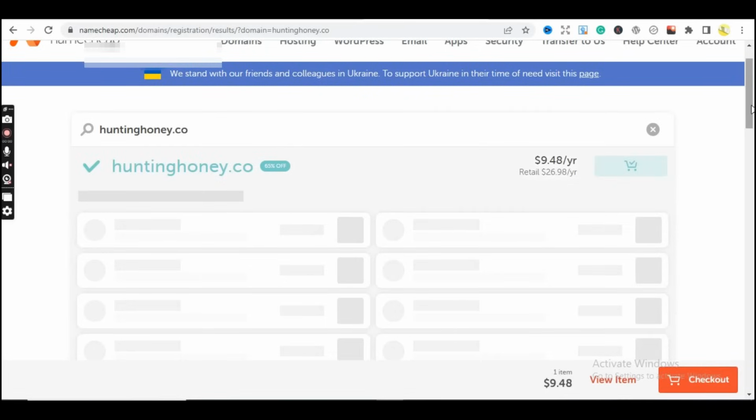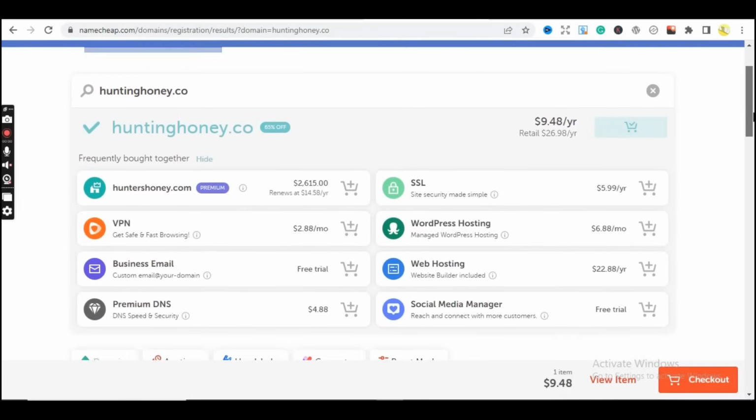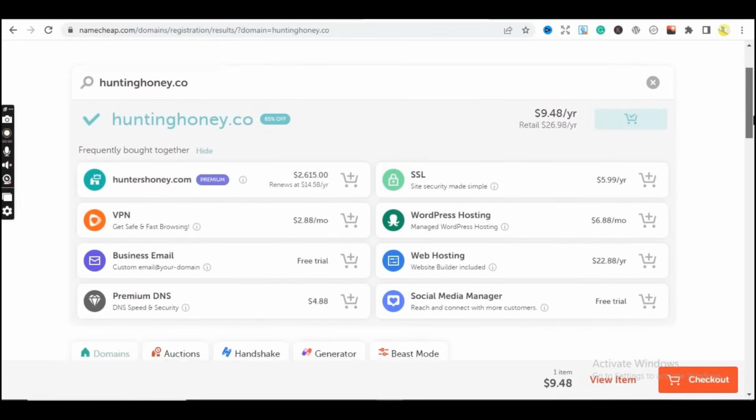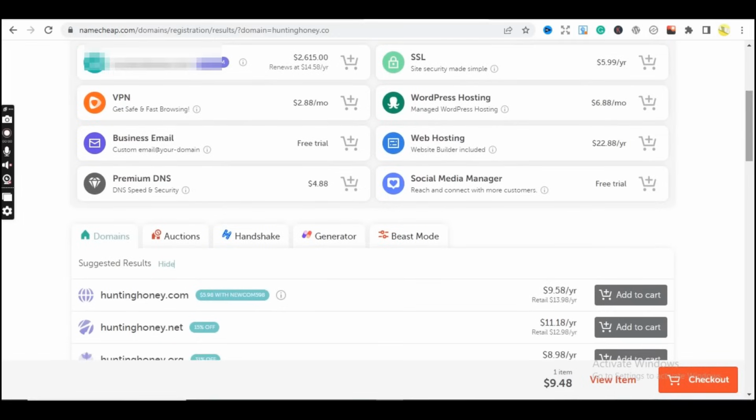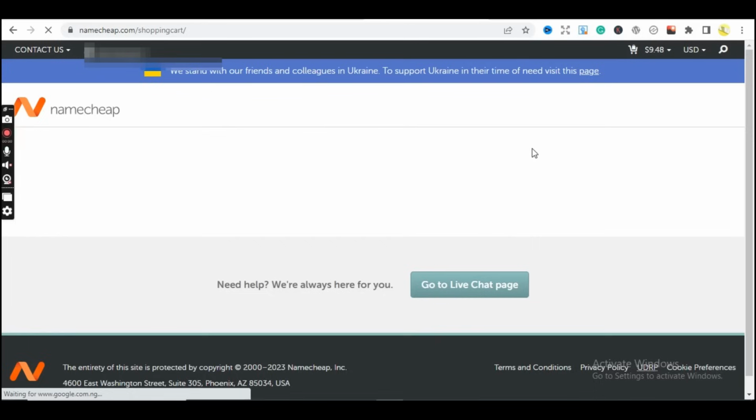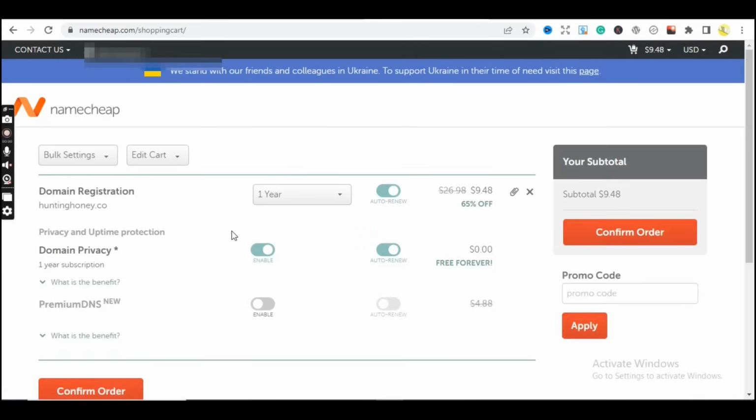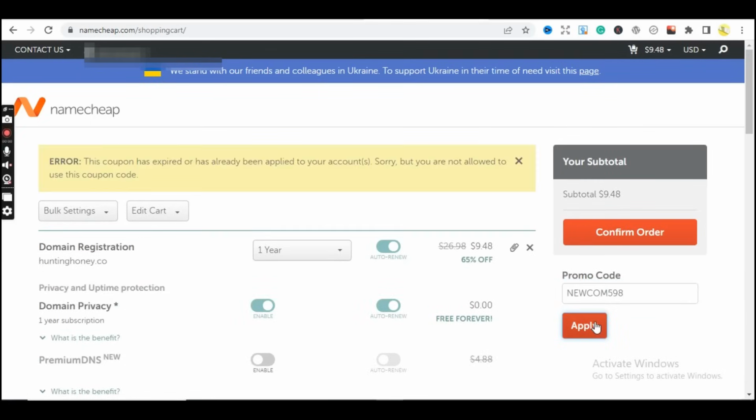All right, so I'll just click on add to cart, and then I come here and click on checkout. Okay, so when you go to checkout now, remember the code we copied, just paste it here. All right, so when you click on apply, okay, now you see here